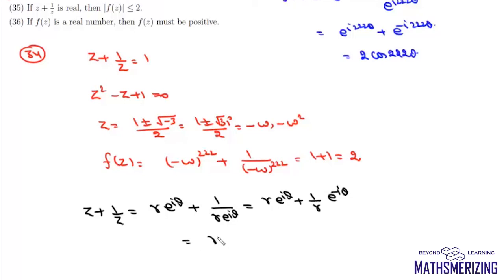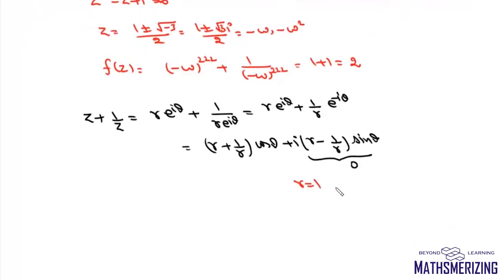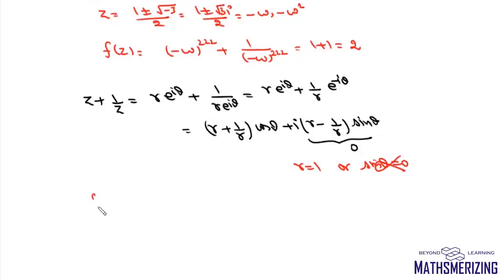Now we can write this as (r + 1/r) cos theta + iota (r - 1/r) sin theta. Now if this is purely real, then this imaginary part must be 0. And if it is 0, then either r is 1 or sin theta is 0. But sin theta cannot be 0, as the question says it is not purely real. Now when r is 1, we can write f(z) as